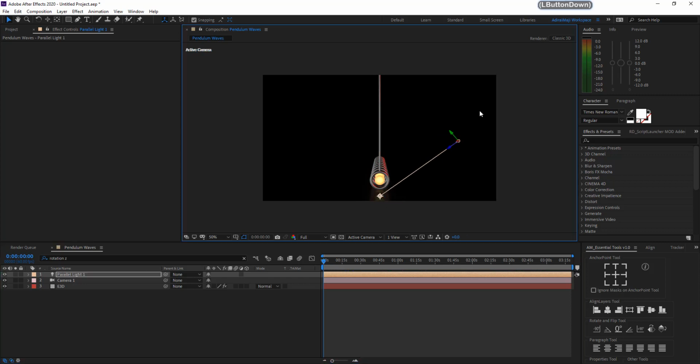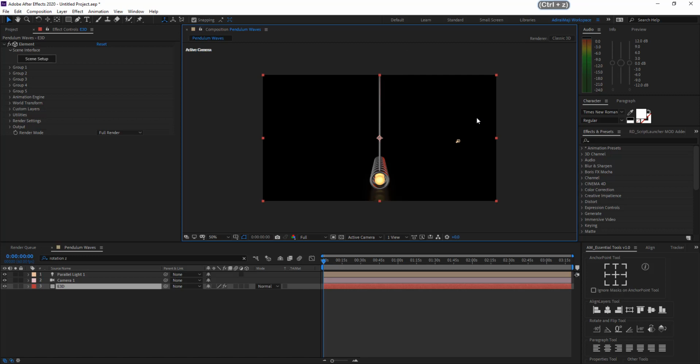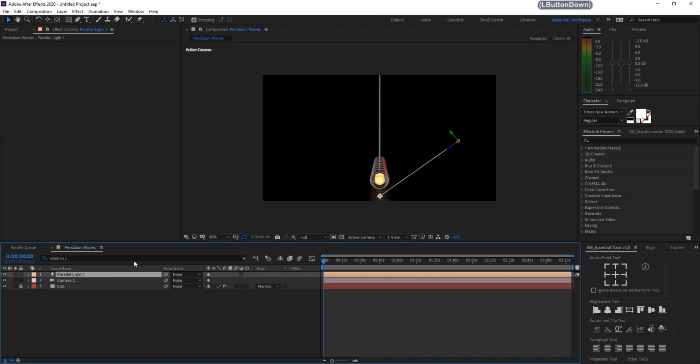Once you got it, you need to place the light to the right side. Oh, I accidentally picked the Element 3D layer. We don't need to pick it. So the light is coming from the right to left down, so you can see the red light over here. Again we need to make a copy of this same parallel light, and lock it so we don't accidentally pick it again.